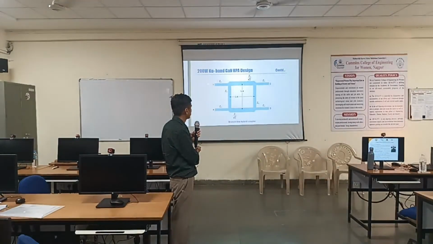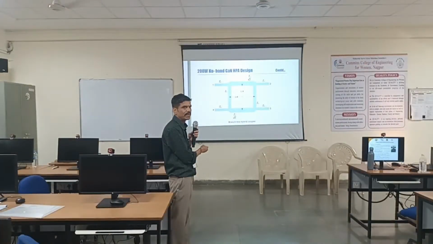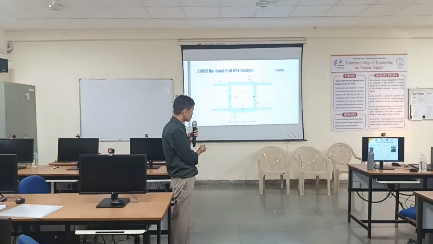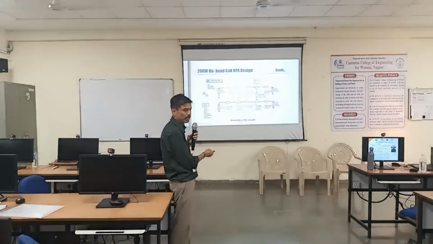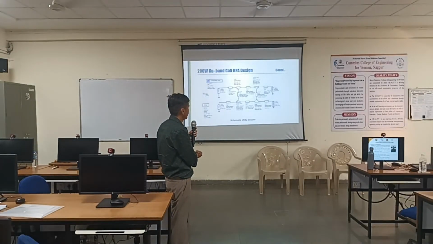So whatever signal you feed here, it will get divided into port 2 and 3. They will be 90 degrees out of phase with each other. And this port is called the isolated port. Ideally, zero power will come here. So this I used as input and output. This is the transmission line version of that branch line coupler.